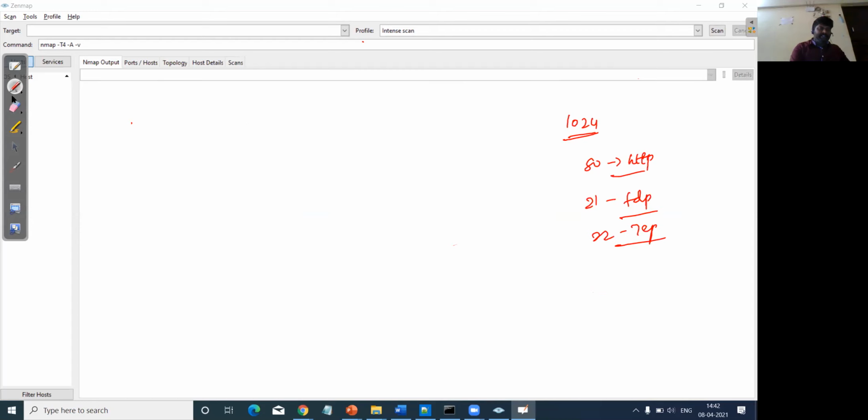I'll start the demonstration. So here, this is the place where I need to enter the target address. So for example, if I wanted to scan a particular website, say for example www.google.com, I enter it here, followed by the profile. Here in the profile you can find a lot of options. If you just click on the drop down button, right, you will get